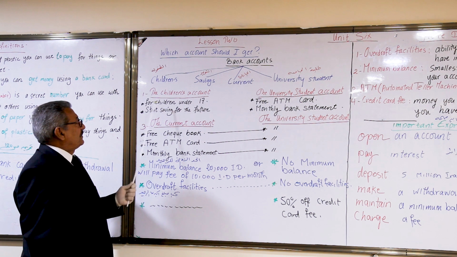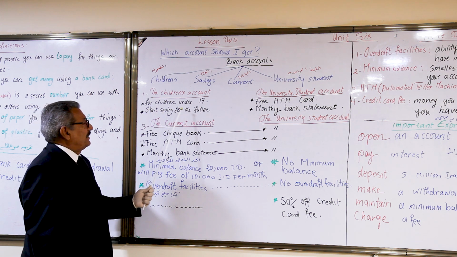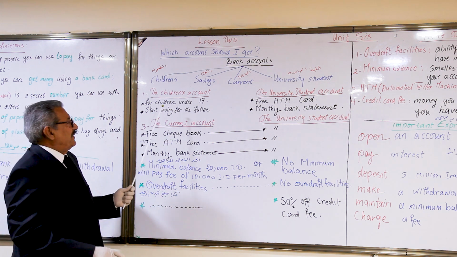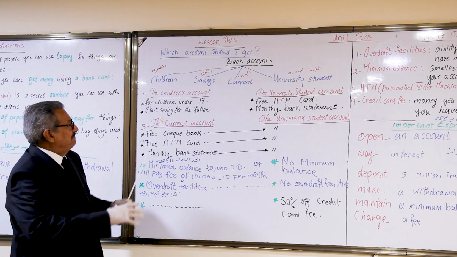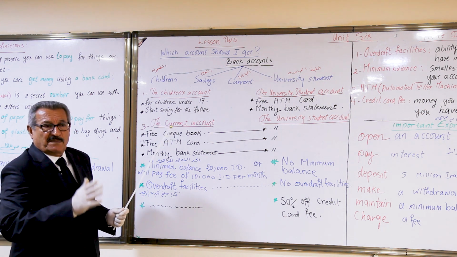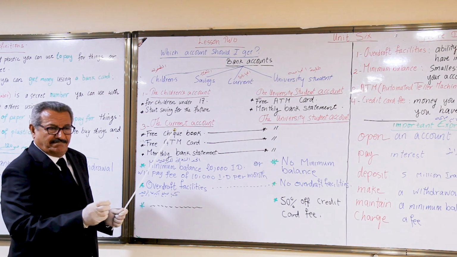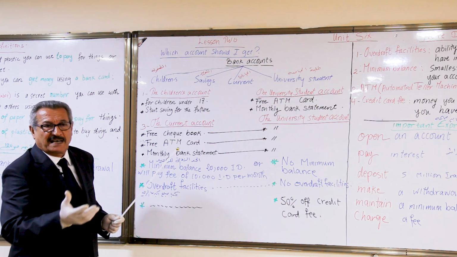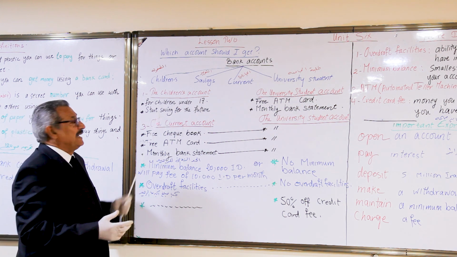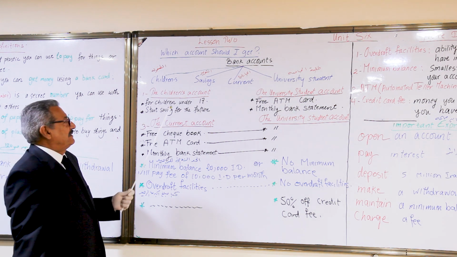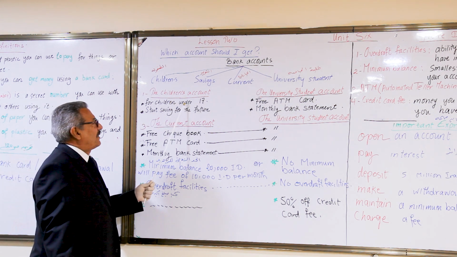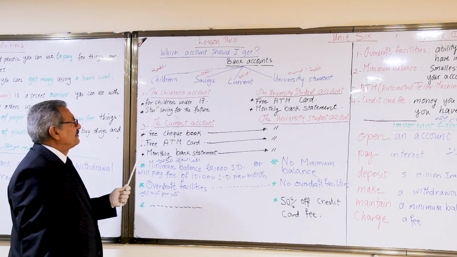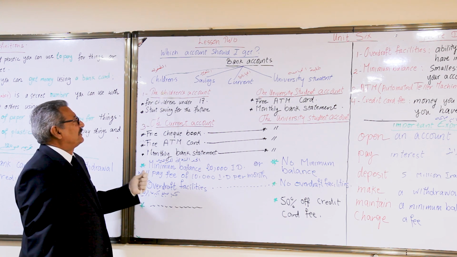Of course, this is used to start saving for the future. When he is 1 year old, his father and mother open an account for this child. Every month they put some sum of money, till he becomes 70. And when he becomes 18, he can withdraw money. He is able to draw out money from his 18. Of course, he will find so much money. This is to start saving for the future, what is called the children's account.